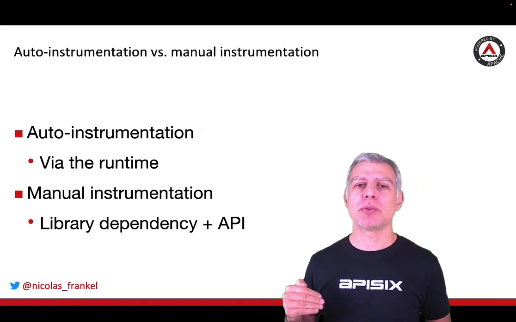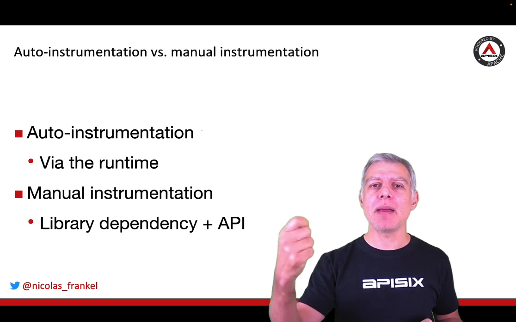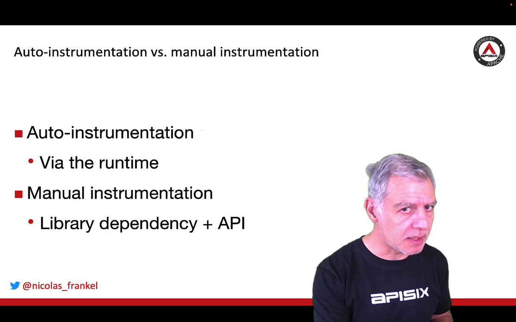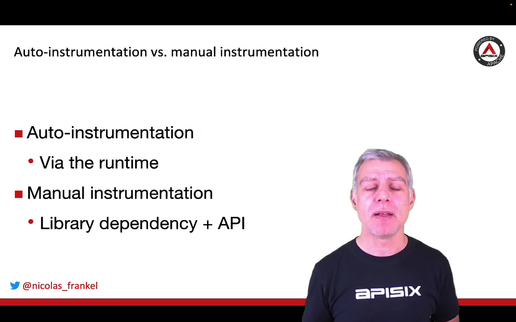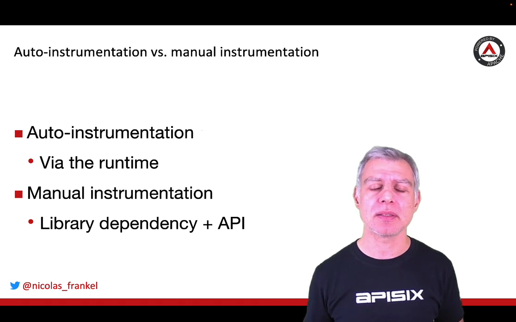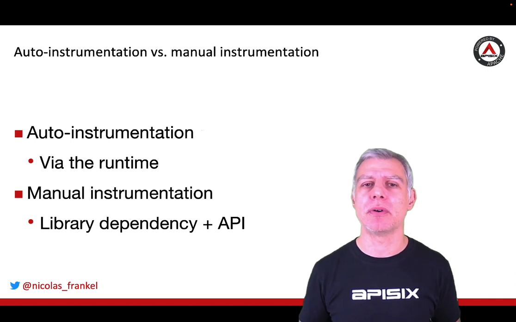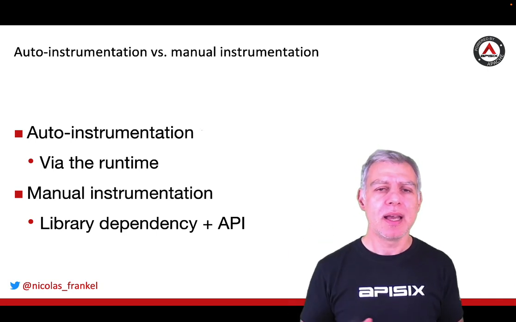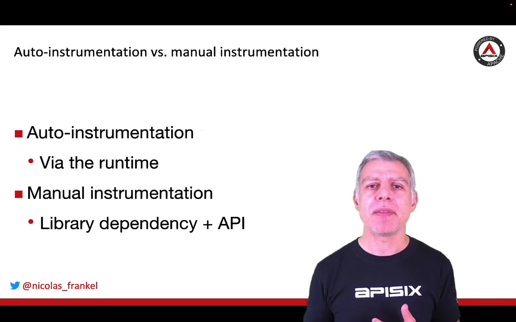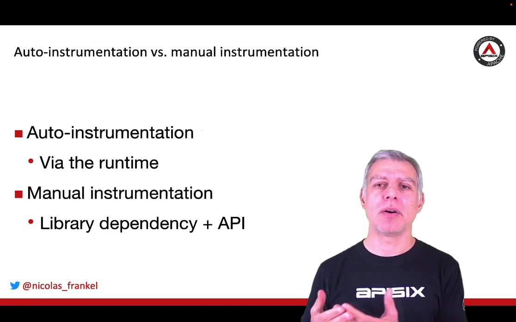Now, if you want to go further, you can actually get the library depending on your tech stack. Again, you can check the OpenTelemetry website. You will notice there are lots and lots of stacks that are supported out of the box. For Java, there is one. For Python, there is one. For Rust, there is one. Whatever rocks your boat, probably you will find there. And then you can either call an API or use some annotation.